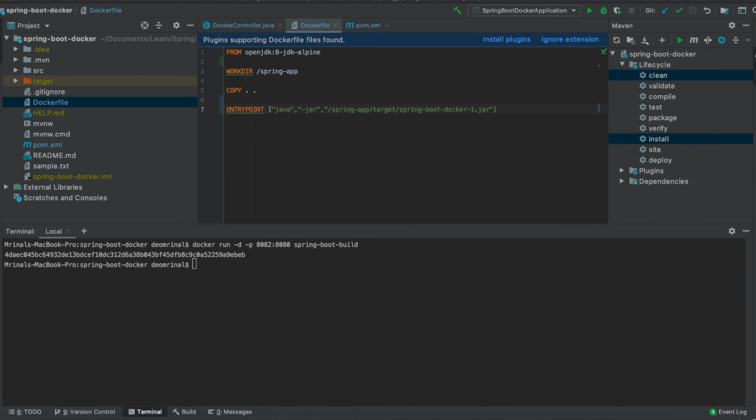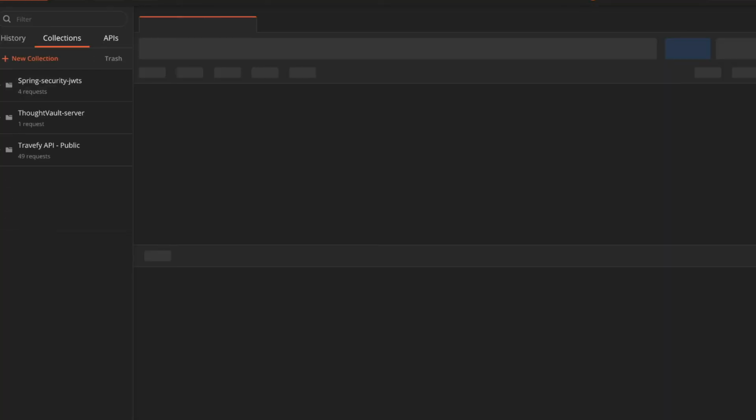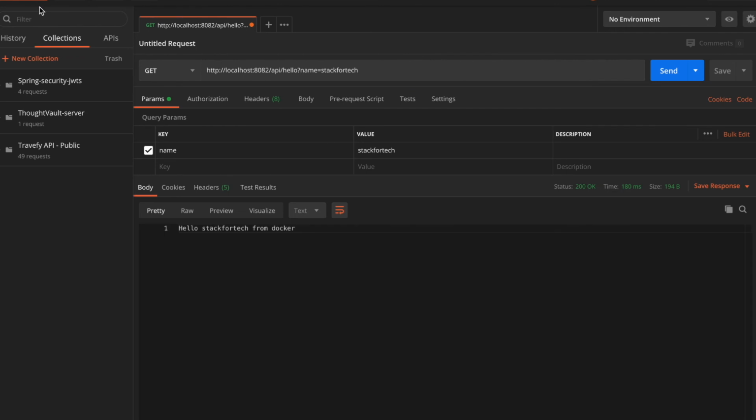Now we'll go to Postman and invoke this API. The application is running on port 8082, and for the name, let's say we give Docker-session. Then we invoke the API.